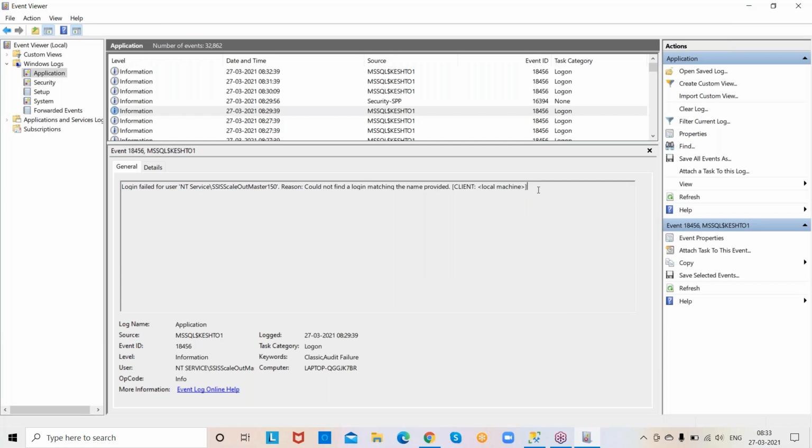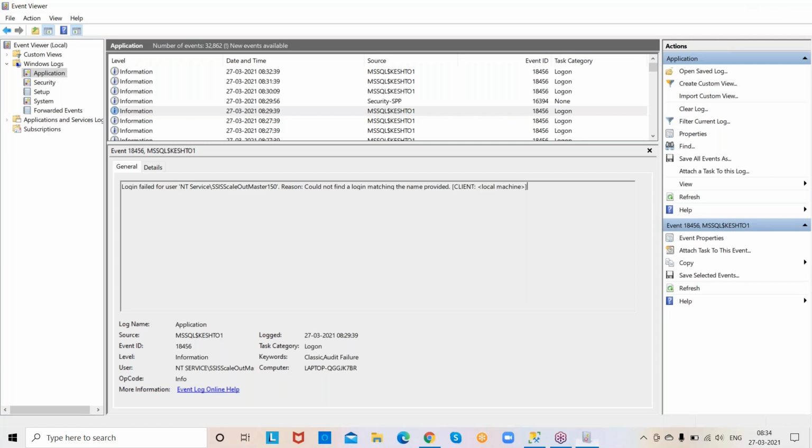So this is the way how we check error logs. We can check error logs by using Management Studio. In the same way, you can also check error logs by using Event Viewer. But Event Viewer is a Windows operating system tool, so along with SQL Server, scenarios related to other software are also available in this. Remember, please. Okay? So this is the way how we work with error logs.